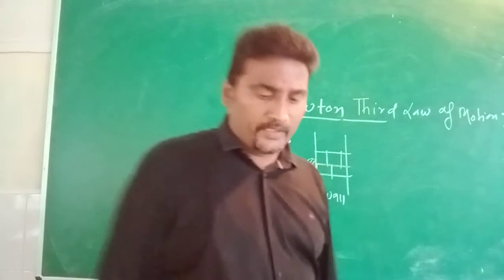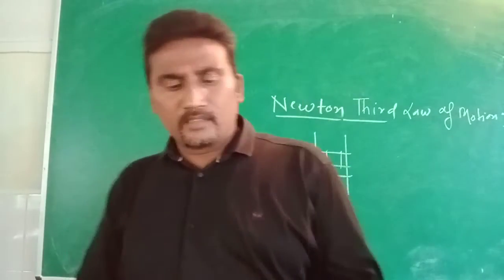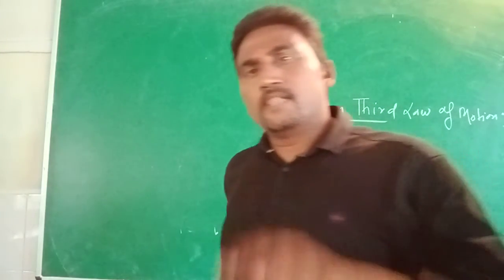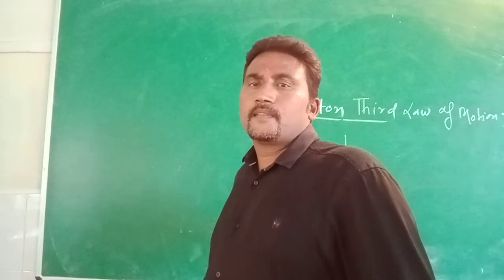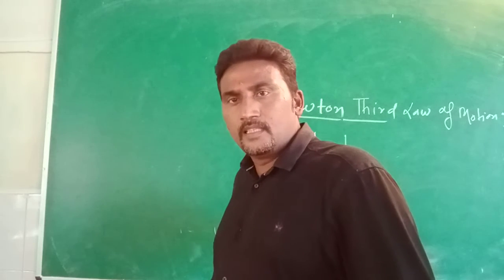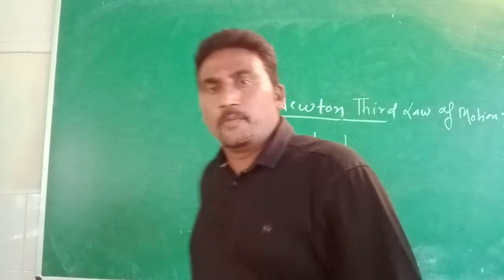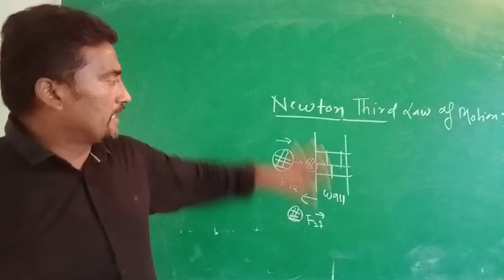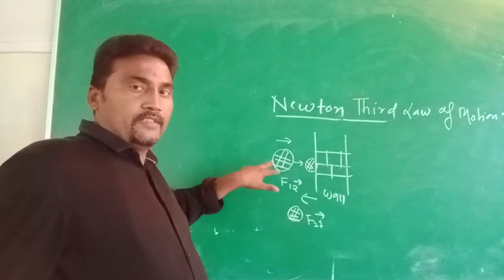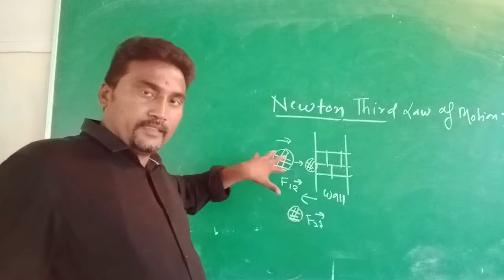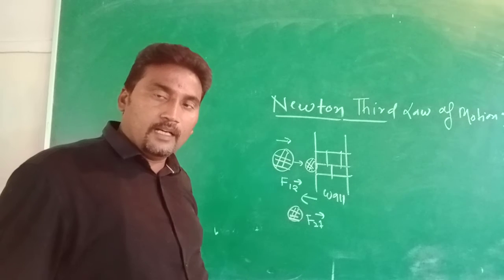After the previous video on impulse, now we discuss Newton's third law of motion. What is Newton's third law of motion? We know that every action has an equal and opposite reaction. For example, when a person throws a ball, as in the given diagram, a force is applied on the ball from direction 1 to 2, where 1 represents the ball and 2 represents the wall.